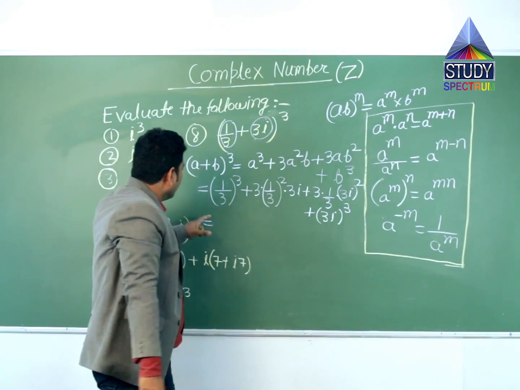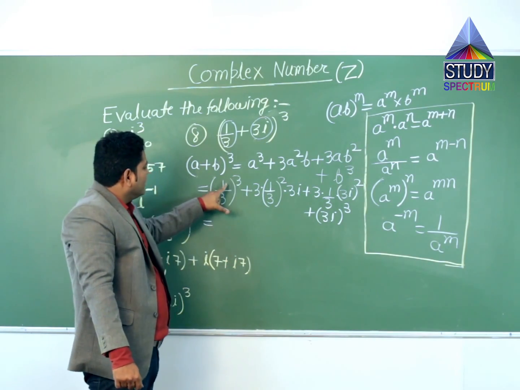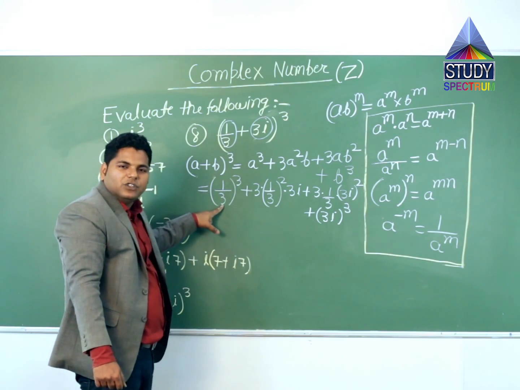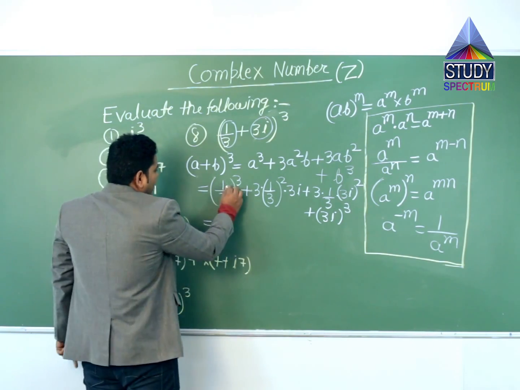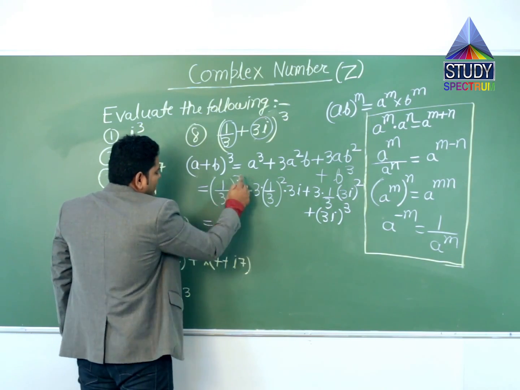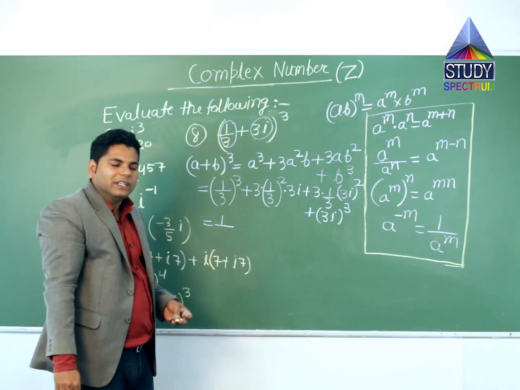In the same way here, (1/3) whole cube means this 3 is the exponent of 1 and this 3 is also the exponent for the denominator 3, so we can write 1 cube by 3 cube, so 1 cube is 1 and 3 cube is 27